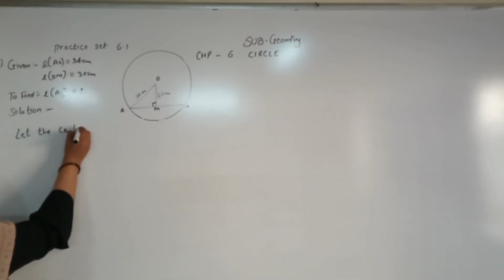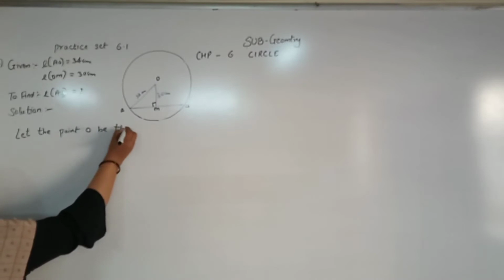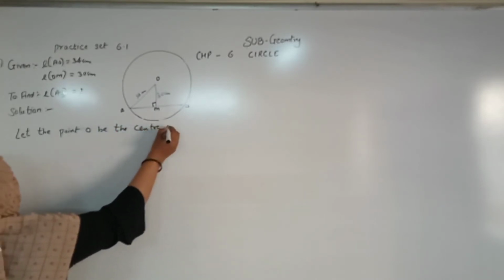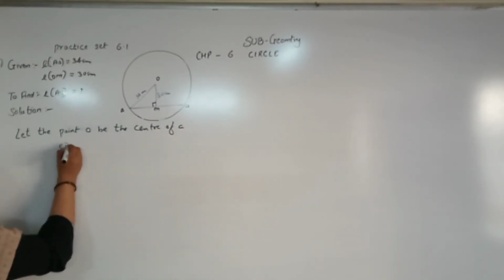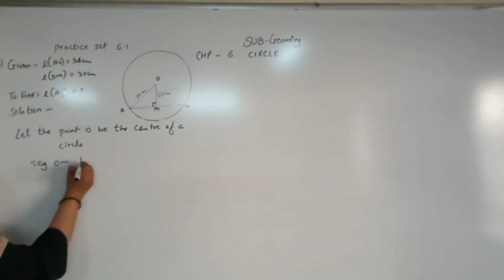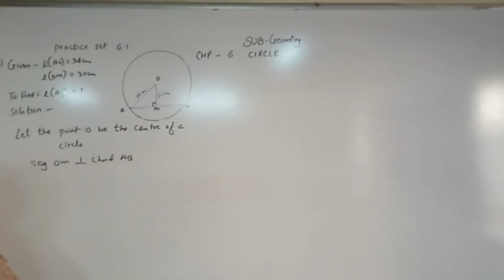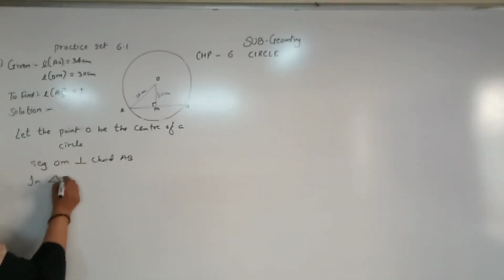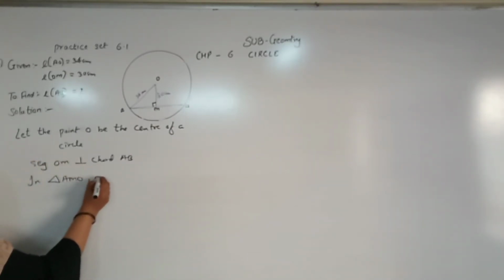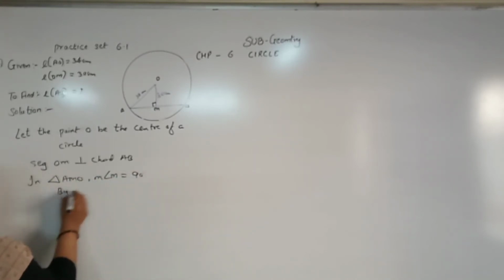Let the point O be the center of a circle. Now write down compulsory: OM is perpendicular to the chord AB. Now first we will consider this as a right angle triangle. So in a triangle AMO, measure of angle M equals 90 degree, by